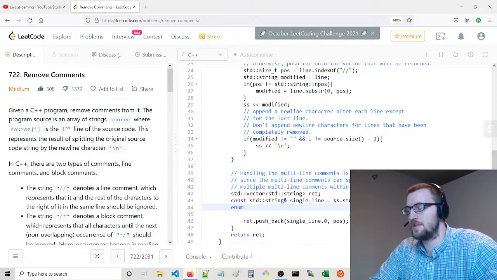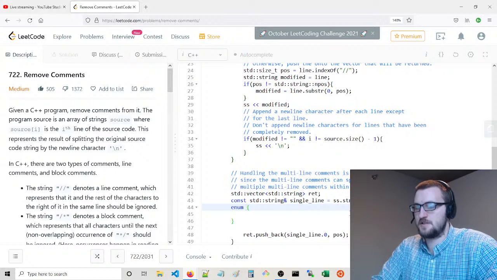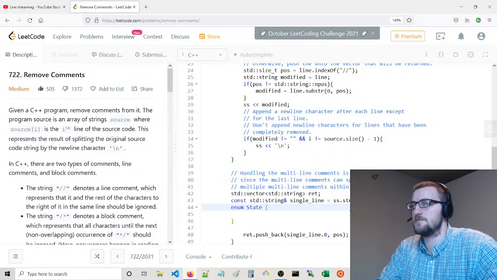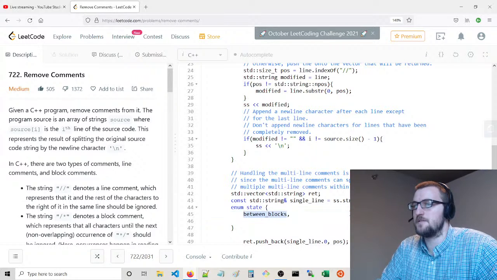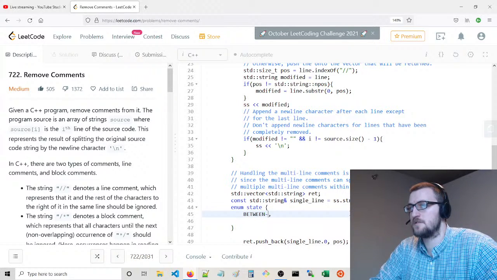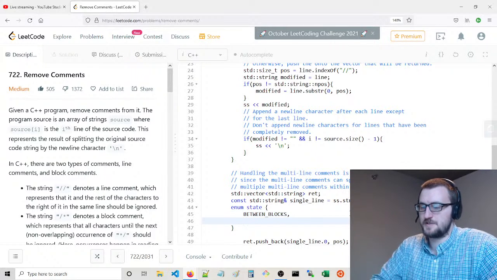So we can use an enum, and we're going to say state, and we'll say between blocks. These are actually more like constants.